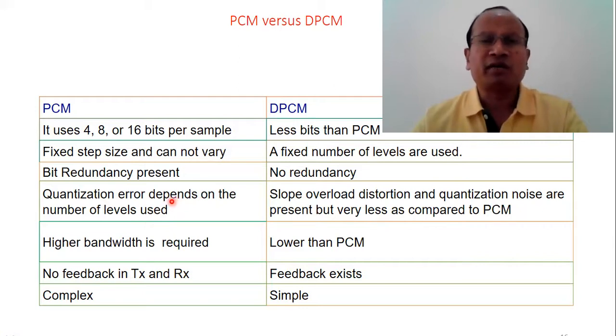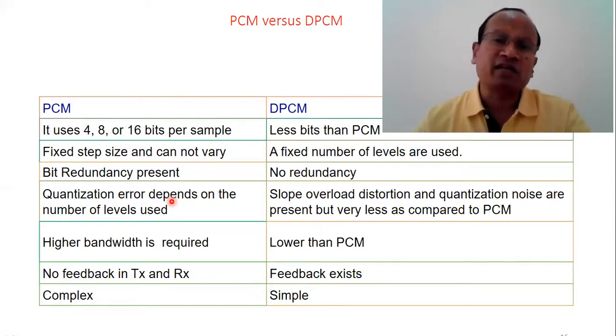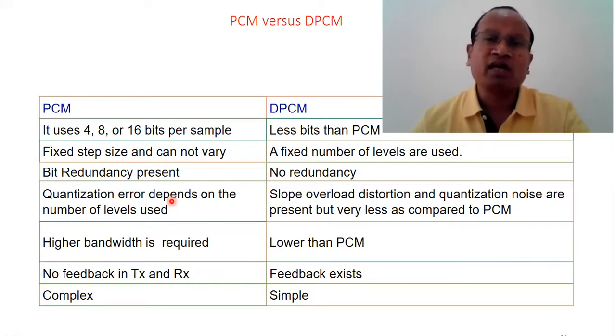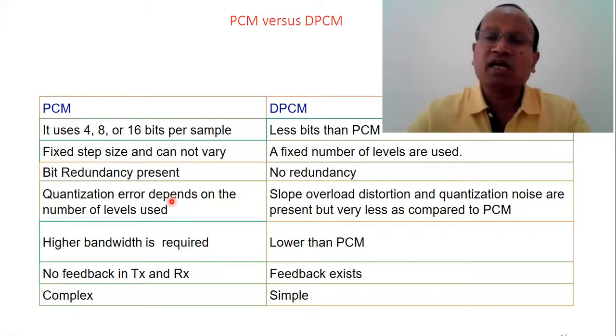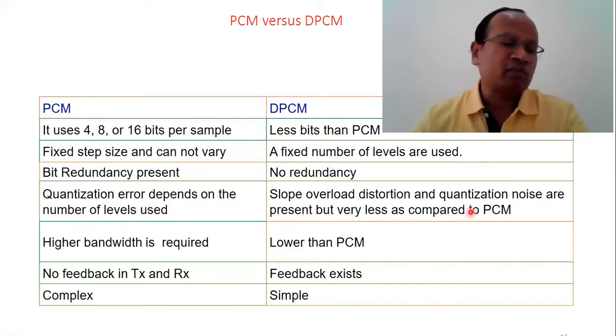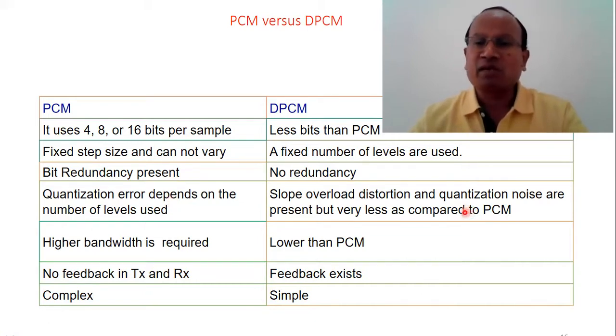Slope overload error arises when the quantization has resulted in some amount of noise and some amount of error signal. That is also seen in the form of slope overload error. When we see the compounding characteristic, we find how much slope overload distortion has been introduced. So the unwanted effects, slope overload error and quantization noise, are greatly reduced, and are less in DPCM as compared to PCM. Bandwidth is more in PCM.